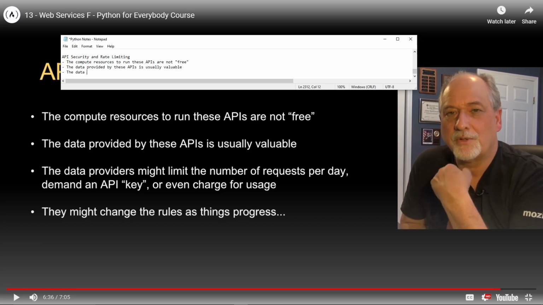The data providers might limit the number of requests per day, demand an API key, or even charge for usage.